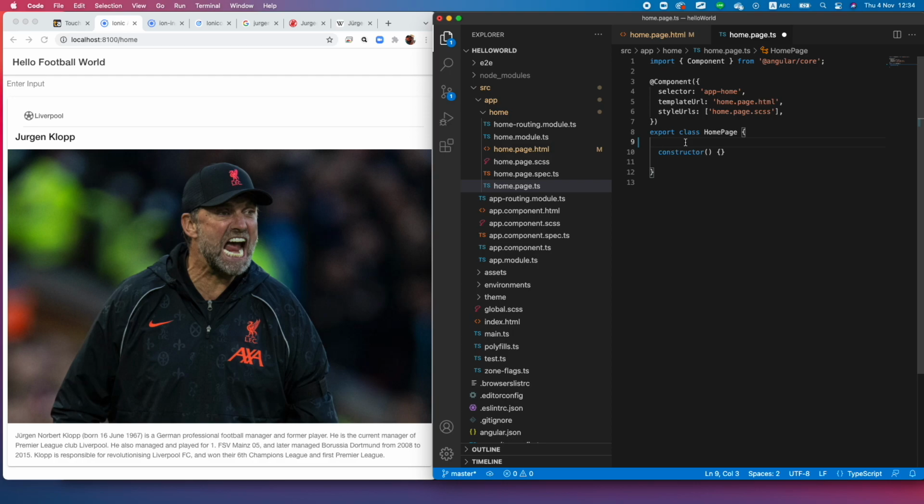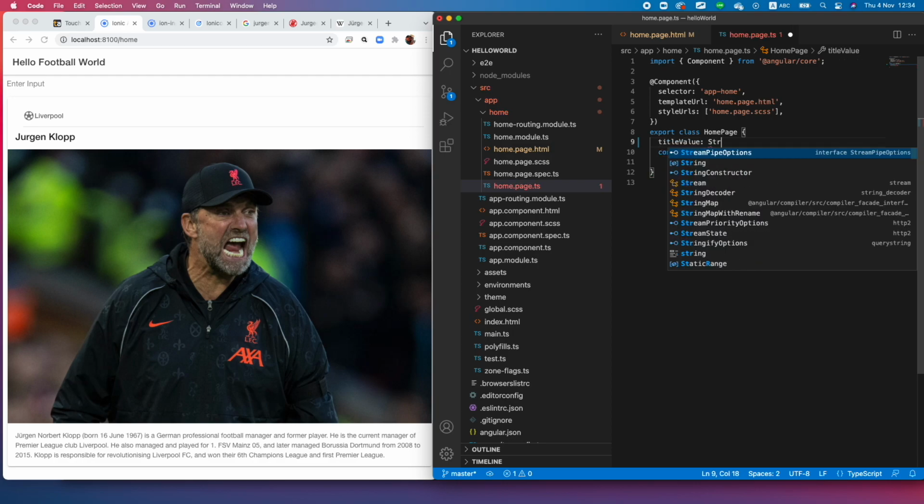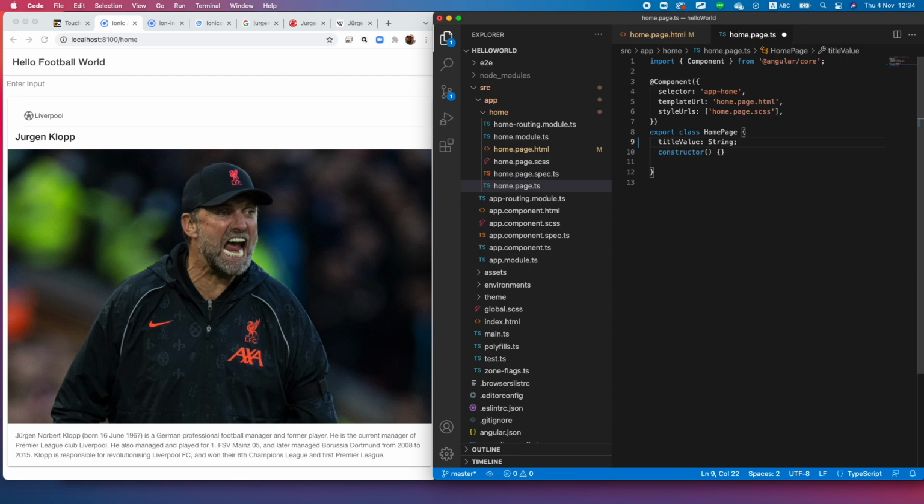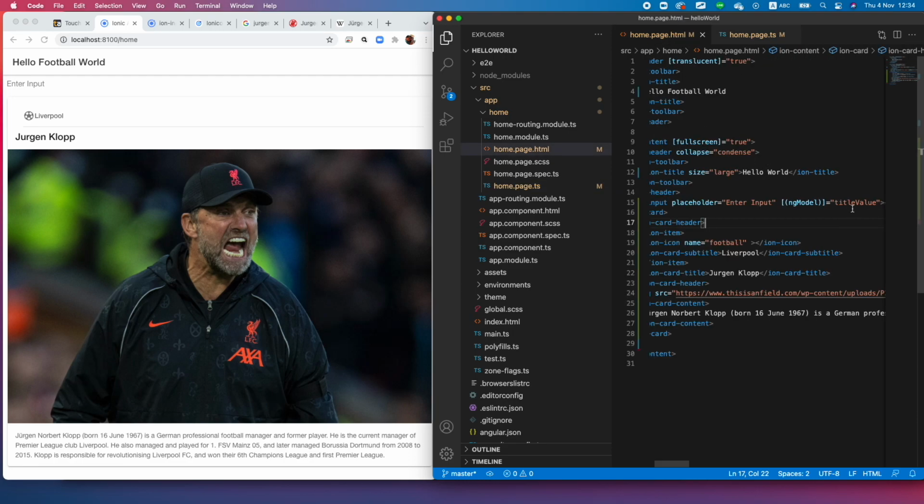So you can use the title values as the type of string and then end a statement by semicolons. So this is the way that you can define your variable. So this is the variable that bind with these title values that comes from